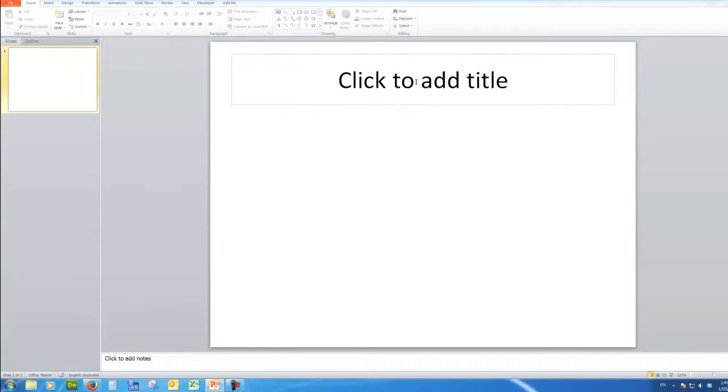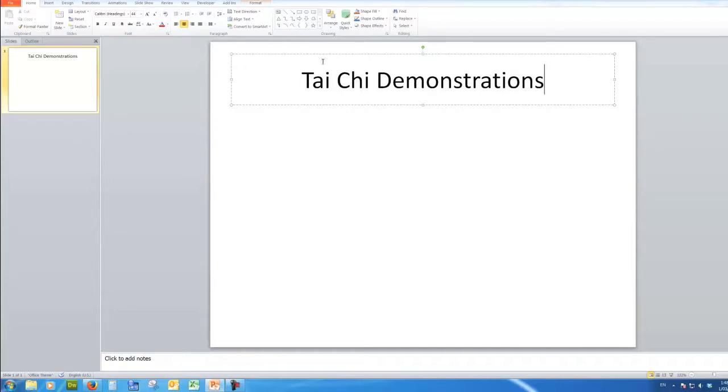And here in the click to add title, I'm going to type Tai Chi demonstration, because one of my videos is of a very lovely Chinese lady demonstrating her Tai Chi moves in the suburb of Eastwood of Sydney. That's where I live. So no problem there. Now I go back to the Developer tab and click the little button here, and after a very short time you'll see a panel will appear on the screen